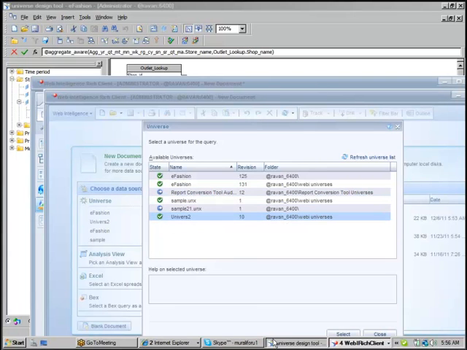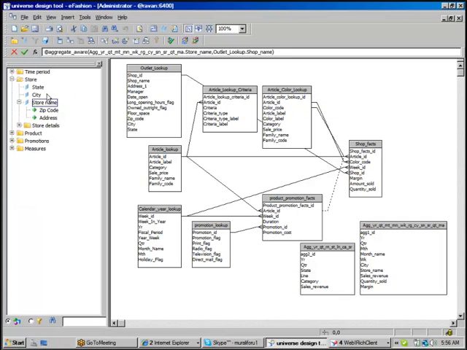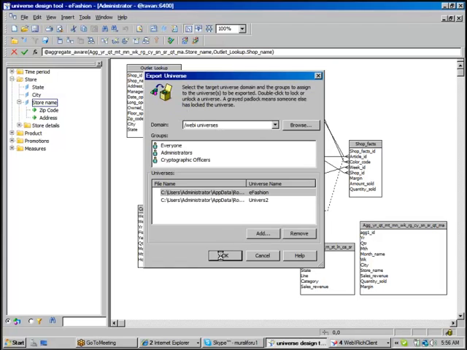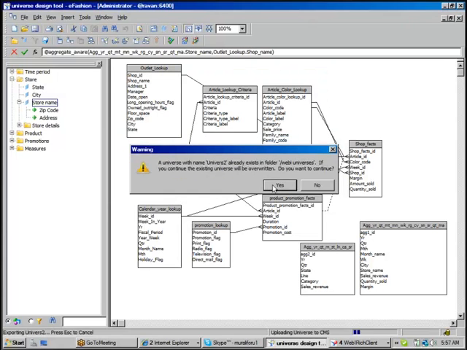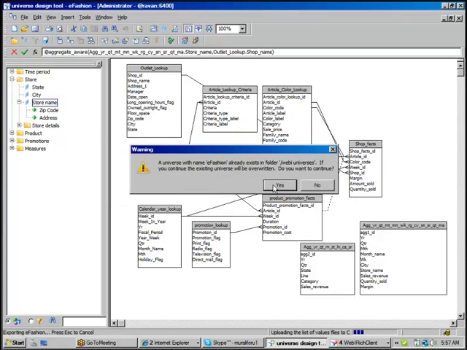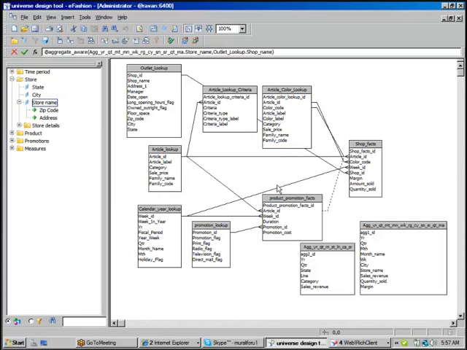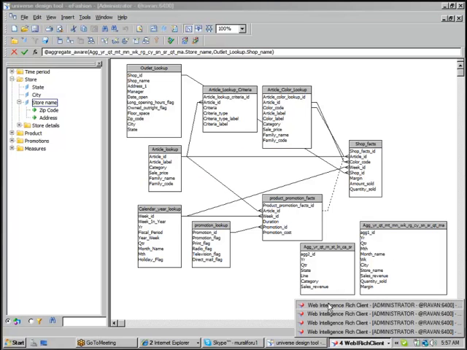Okay, anyway, let me export, file, export, browse, WebI Universes folder, click on OK, click on OK. Okay, I exported to the WebI Universes folder. Now let me create a new report.